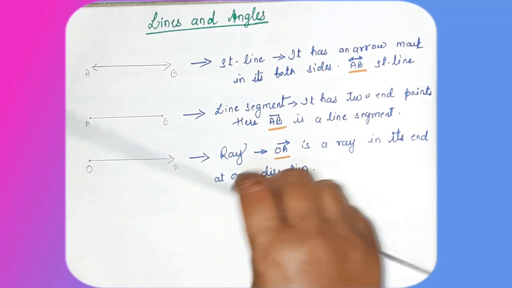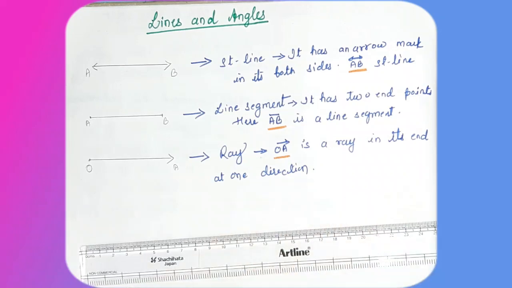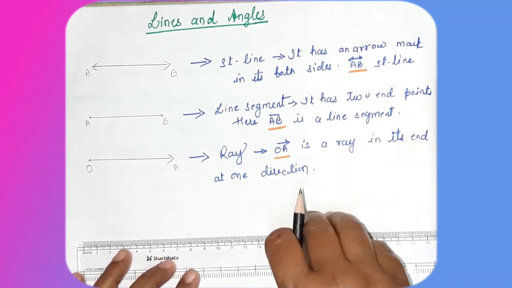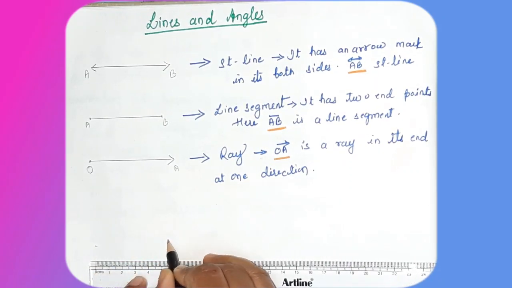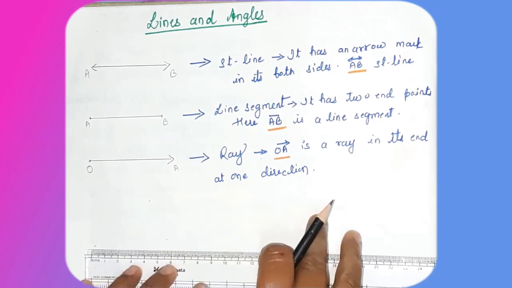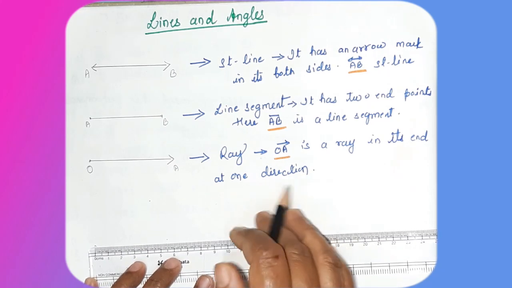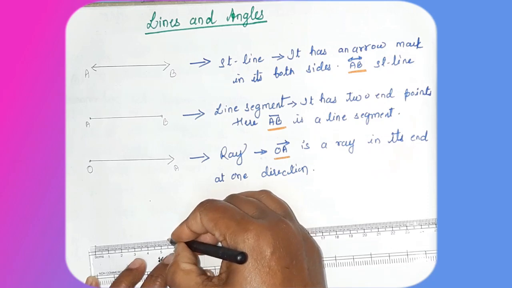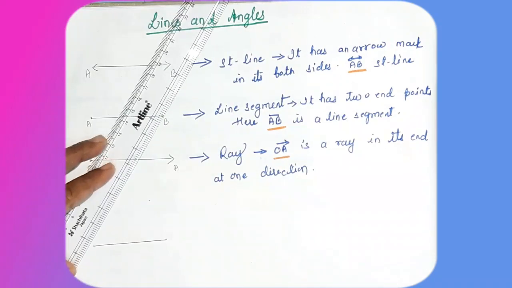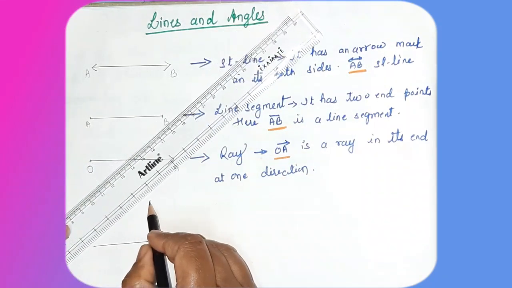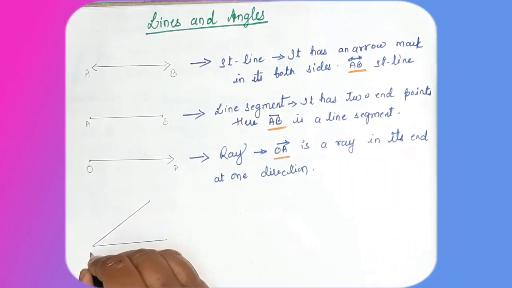Then next we'll see angle. You know that with three line segments together, we need 3 points. See, this is 1 point, this is 1 point. Minimum we need 3 points to make a triangle. But now we are learning angle. Angle is nothing but the distance between two rays. See, this is called an angle.